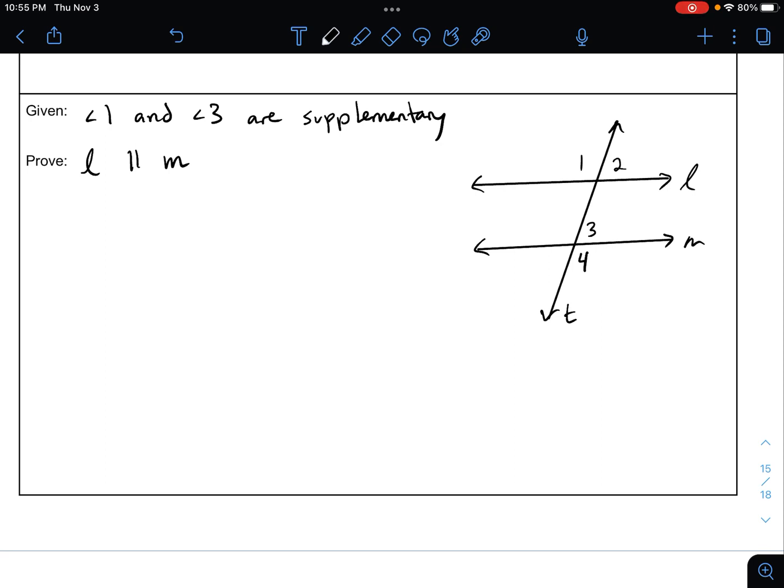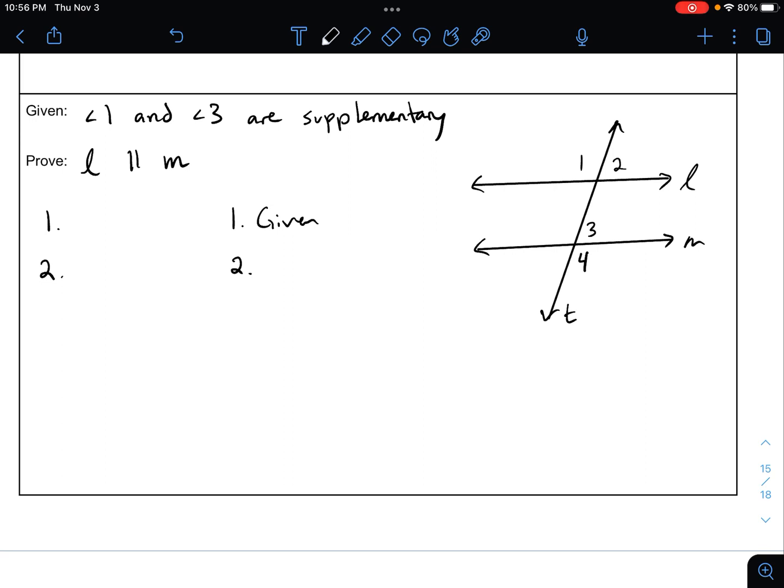All right, so this first one, obviously my first statement and my first reason, that's just going to be the given. All right, so this information would just go right in there. I'm not going to write that, but you should write that there. Second, again, I'm trying to work towards showing that L and M are parallel to each other. Right now we do not know that. All we know right now is that angles 1 and 3 are supplementary. Okay, so from here,